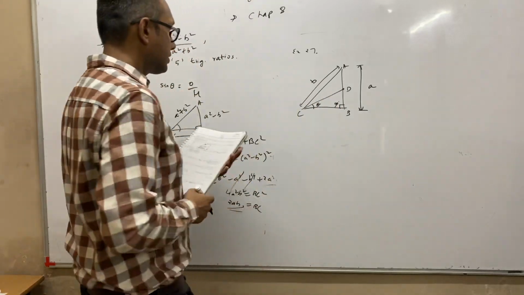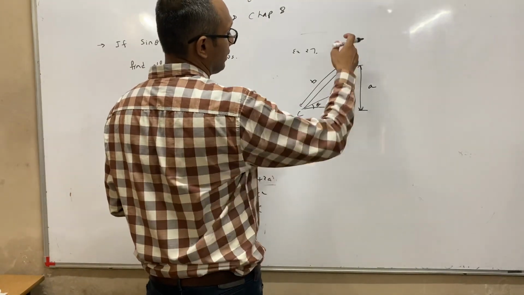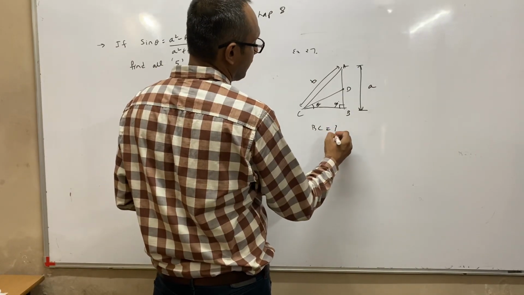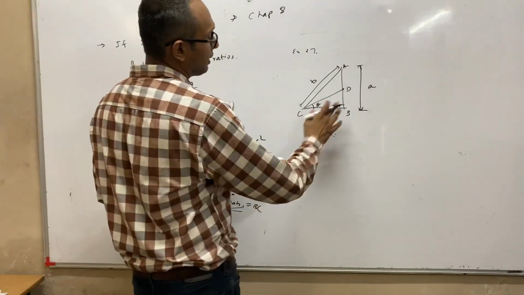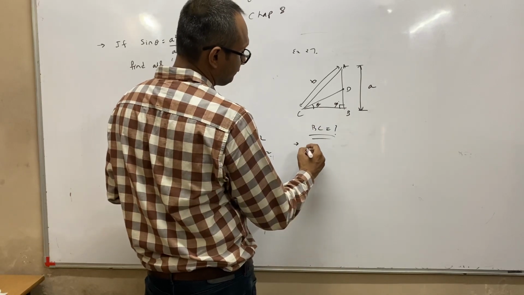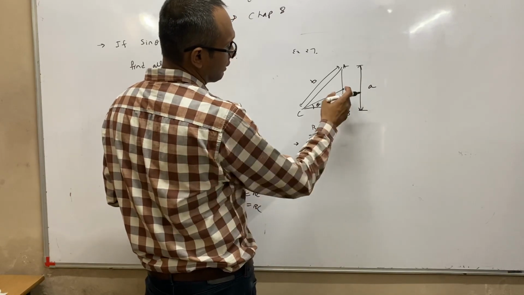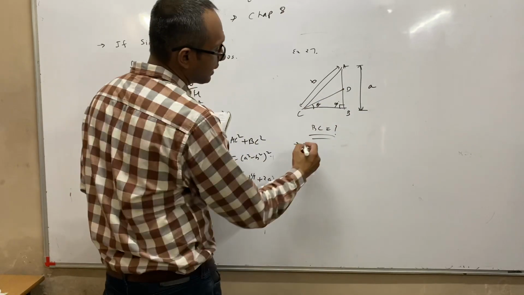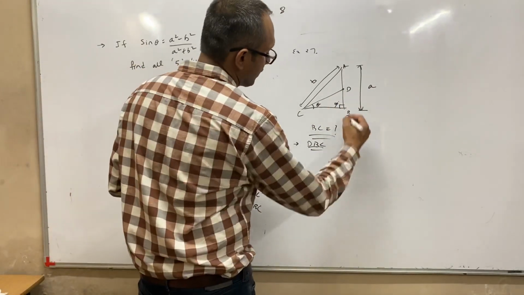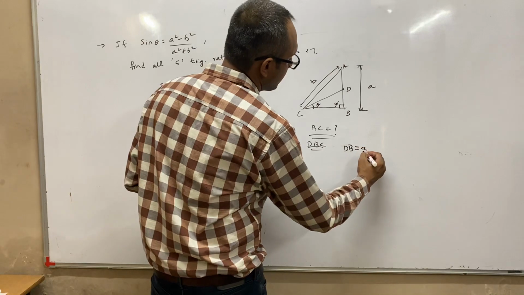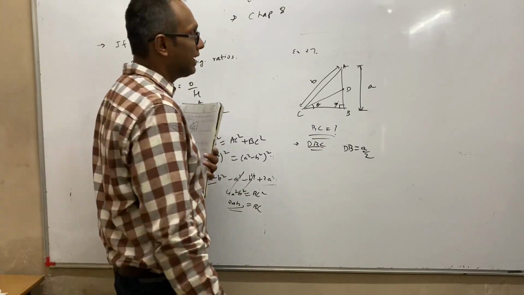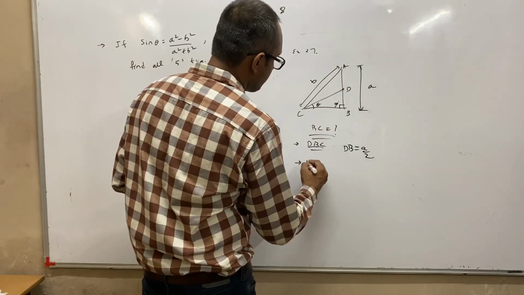Anyway, in this question, AC is there and AB is there. So first we will find out BC. We will find the value of BC, and if theta is involved in triangle DBC, so let us work in triangle DBC. Now when we are writing the value of theta, we will have to work in triangle DBC. But right now we only have one side, DB, which is A/2 because D is the midpoint. BC we don't have and CD of course we do not have. So first we will work in triangle ABC.